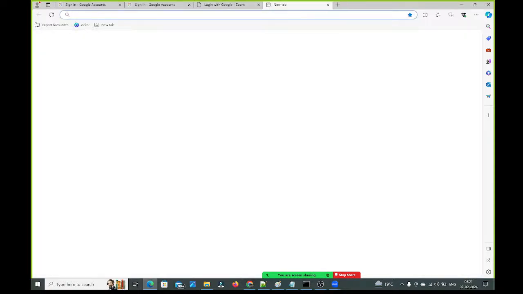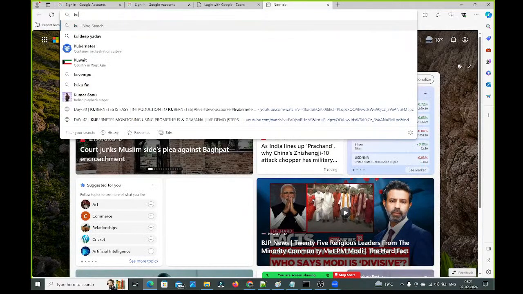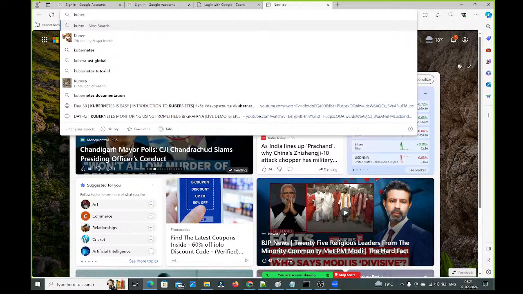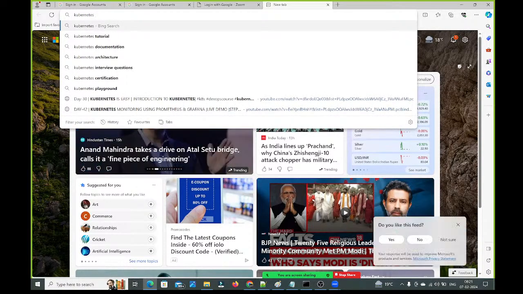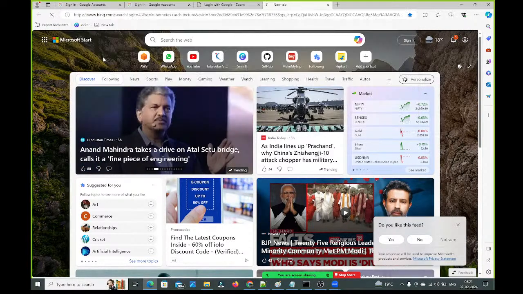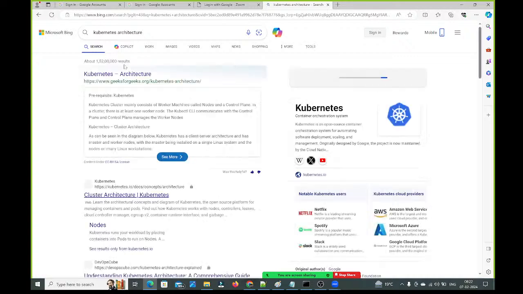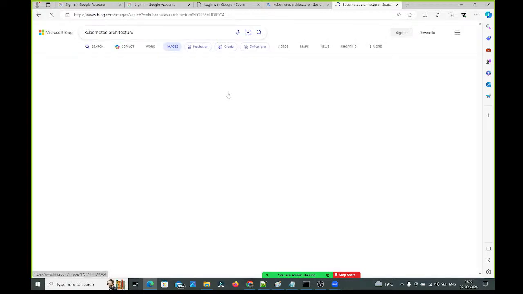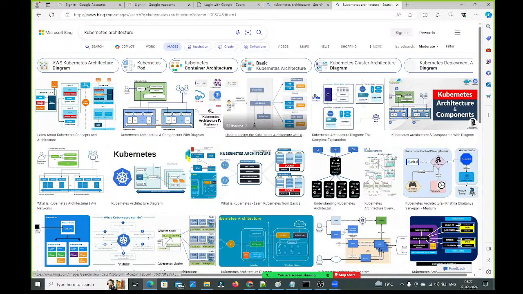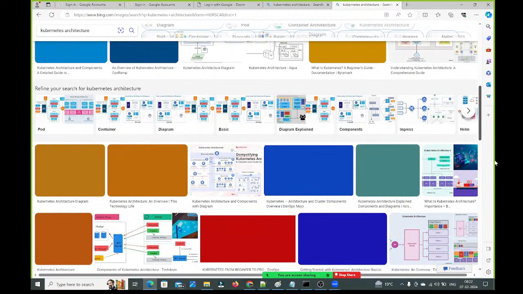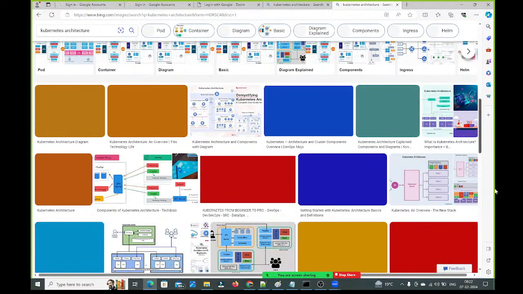Let's see, what is Kubernetes architecture? Just have a look into this Kubernetes architecture, then you will understand. Let me open a beautiful architecture.